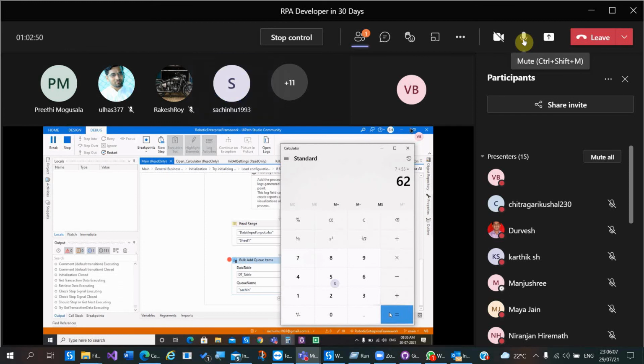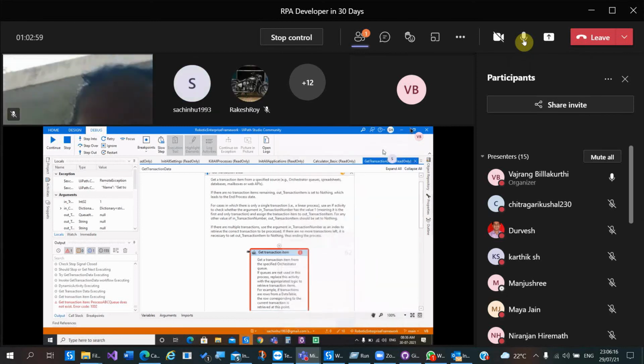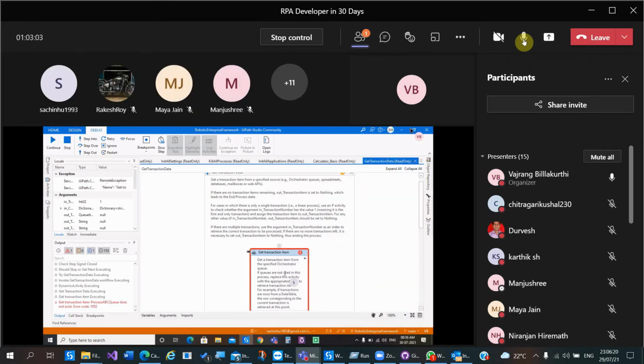He kept everything in a single open calculator file. In Init All Applications, we should have only one open application activity, but he updated every click item in that. From Get Transaction Item, I think that's failing. The reason is it's not updated in the config, and the config is still fetching the values from process ABCQ.